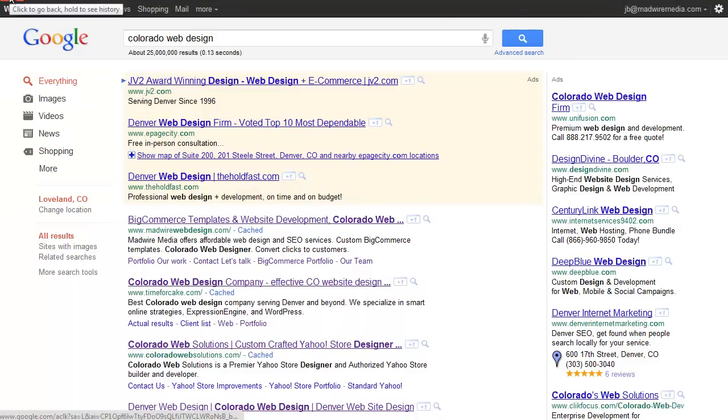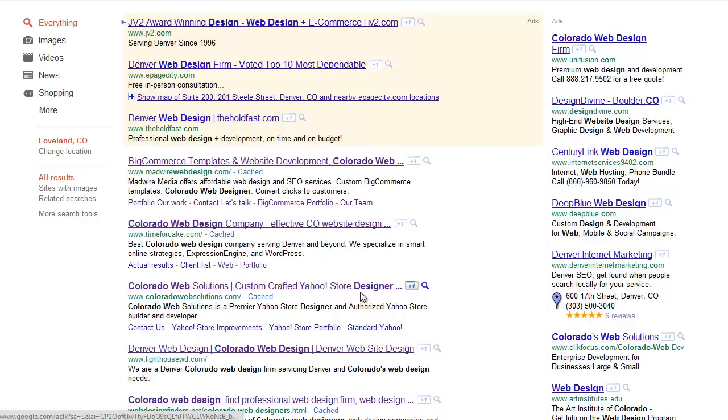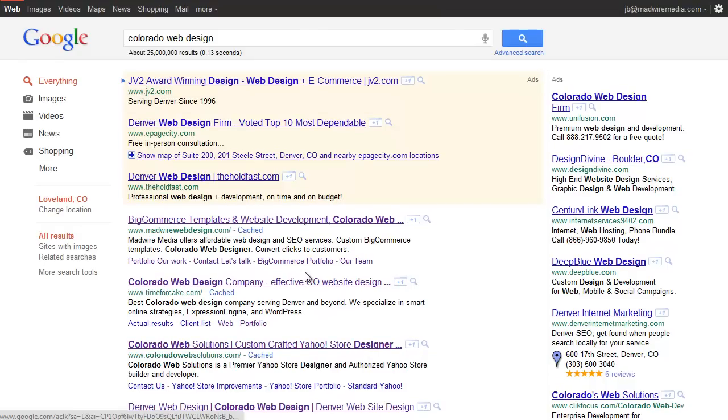Now you could go through here and click on a number of different links and kind of play that game, the 2.5-second rule. Did it capture you? Did you see what you were looking for right away? Was it a professional looking design? And you can compare that against your website design or what you're thinking your website design to be, and it'll give you a better outlook on the direction that you should go.